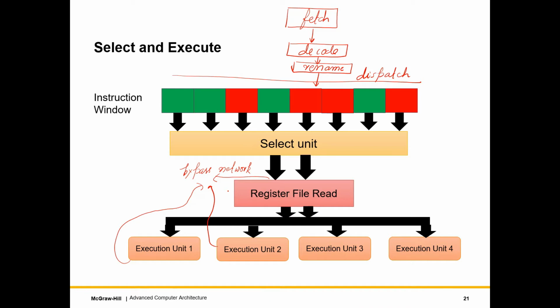They get selected, right? So at this point, structural hazards can happen. It's an out-of-order pipeline, so definitely structural hazards can happen. As I said, we could have only 2 adders out of these 4 execution units, and all the 4 green instructions shown over here may be add instructions. So we just choose 2 of them. Well, how do we choose? We will discuss that in detail when we discuss the select unit. And how do we know who's ready and how is this information propagated? Even that will be discussed, but this is just the high-level view. In the high-level view, we choose 2 instructions, select them, read their source operand values, and execute.